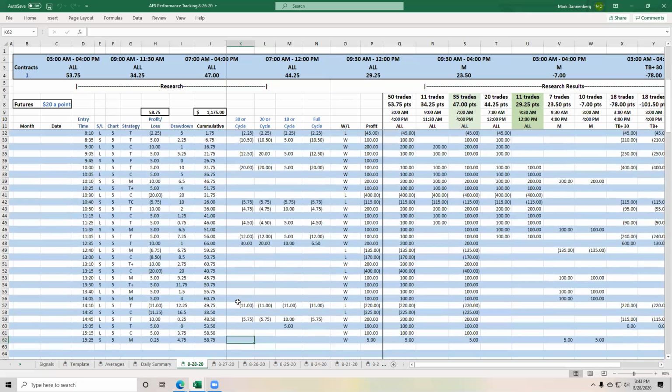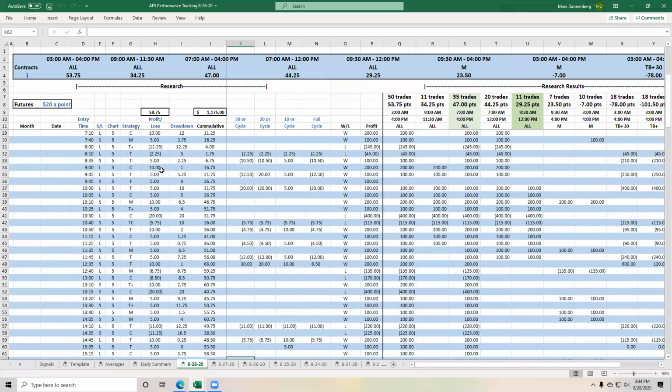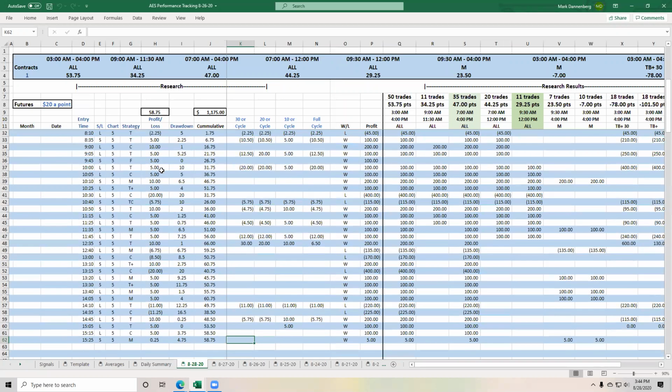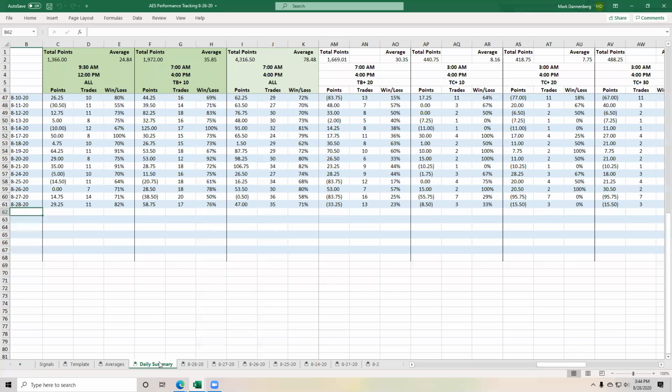So here's the tracking. I like to show this because several people like to zero in on all the trade detail from 7 a.m. Eastern to 4 p.m. When I say 4 p.m., I'm generally cutting it off now around 5:30 and then focusing on closing out the day and doing the summary here. So in the daily summary, you can see here that we had